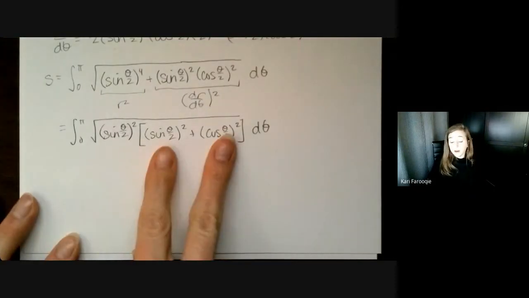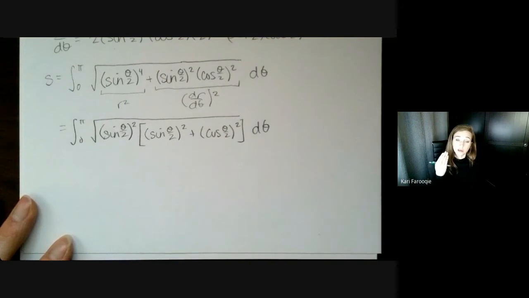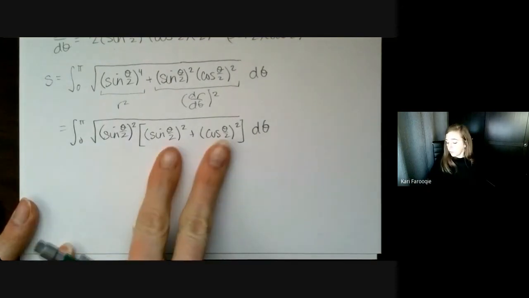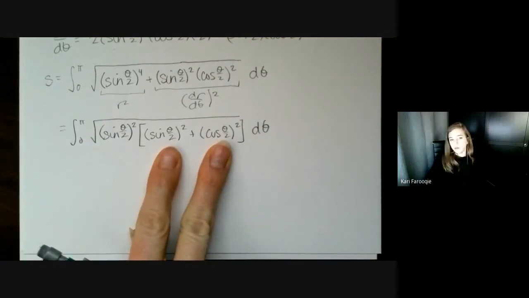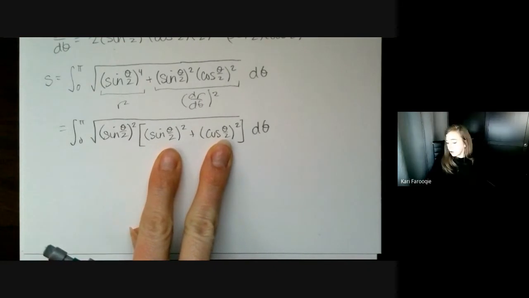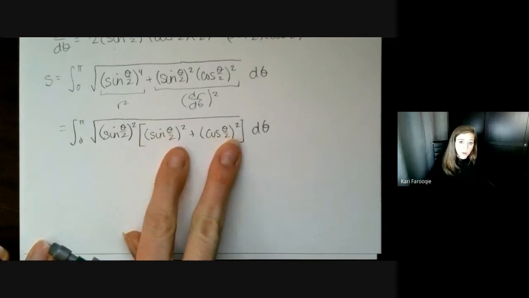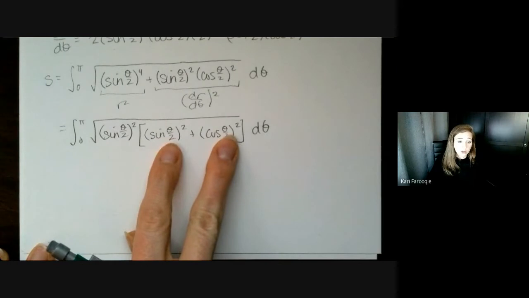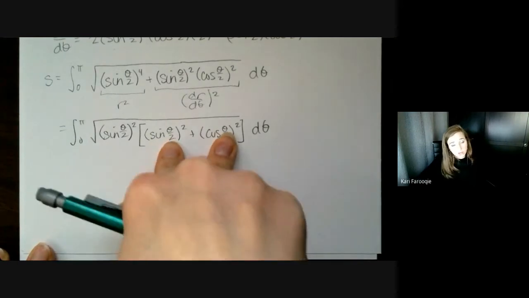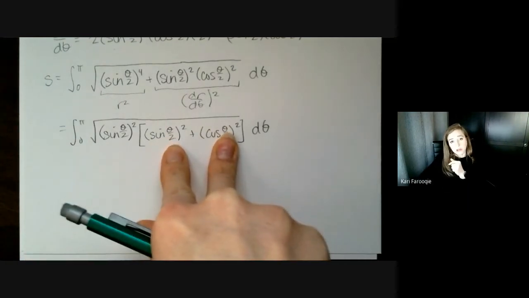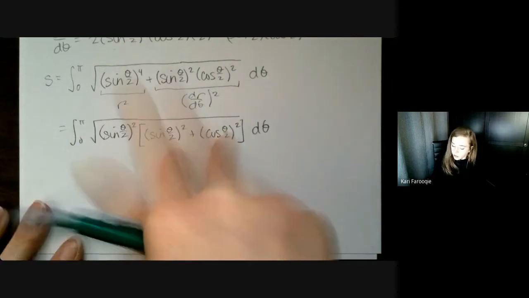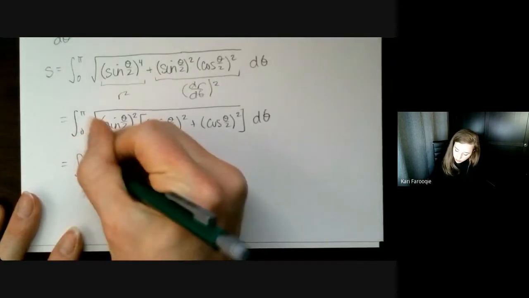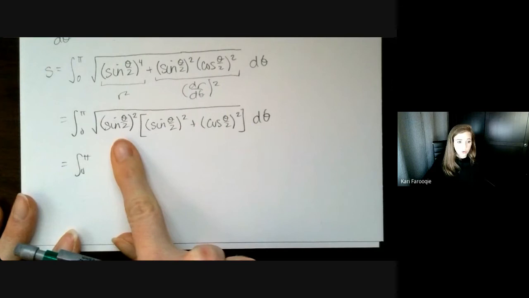Now, it does not matter what the angle is. All you need is the angle to be the same. So what if the angle is theta, theta over 2, 15 theta, it doesn't matter as long as the angle is the same in both of these functions. If it's the same angle, then when you square them and add them together, you're going to use a Pythagorean identity and get 1.